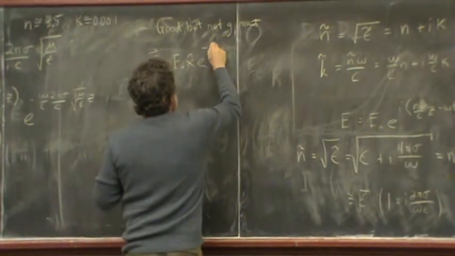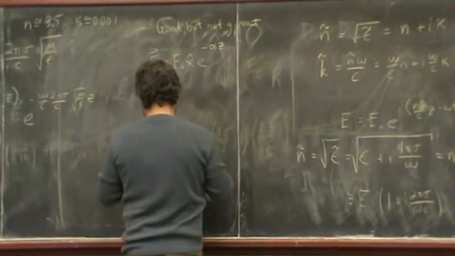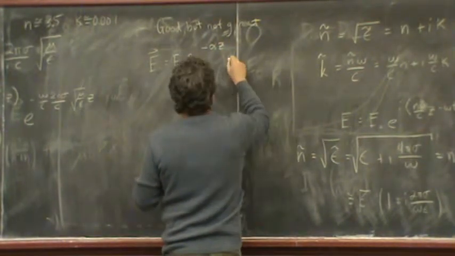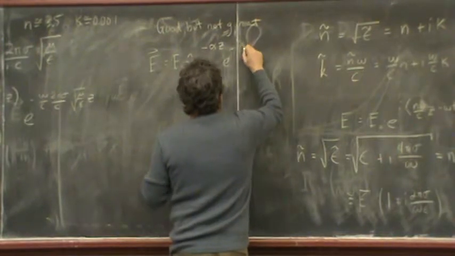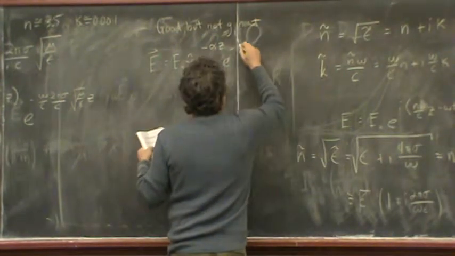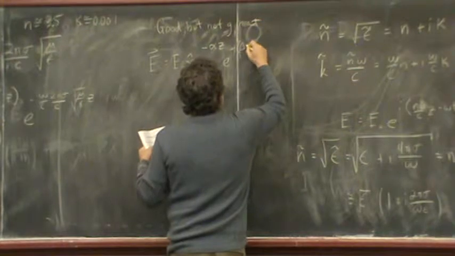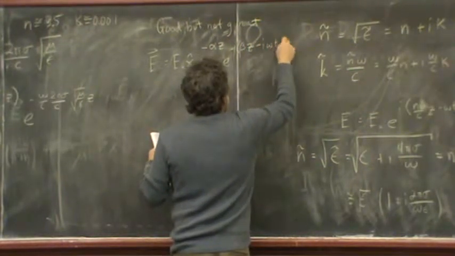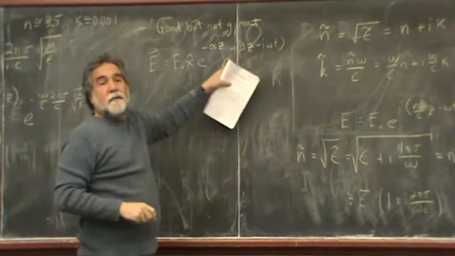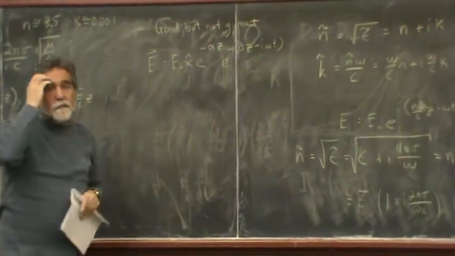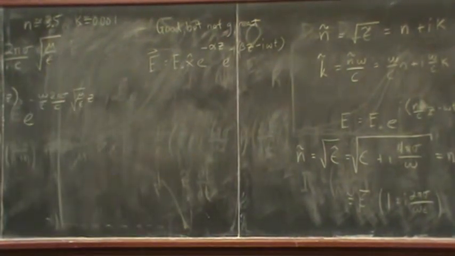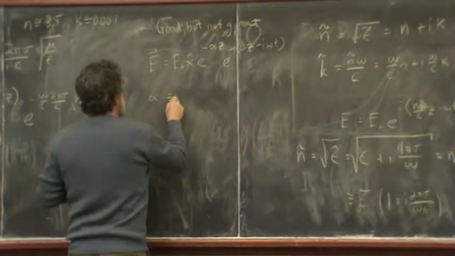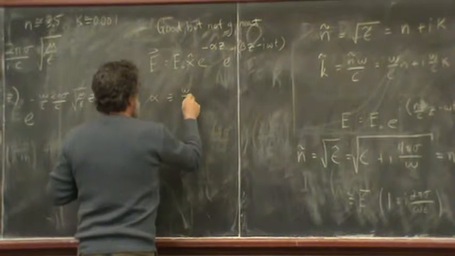I'll write this e to the minus alpha z, times e to the minus I beta z minus I omega t, where I redefine beta. Traveling wave, decaying wave. Right? I still got a traveling wave and a decaying wave. And in this expression, alpha is omega over c